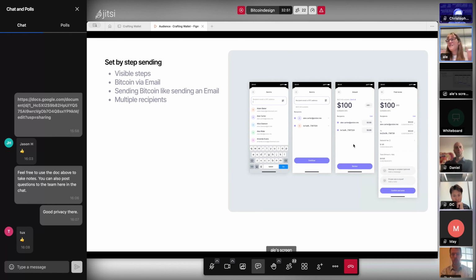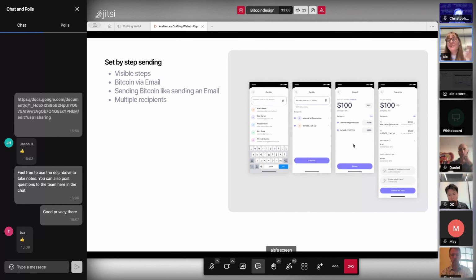This alpha had everything in one screen, and you had so many options that it felt complex.